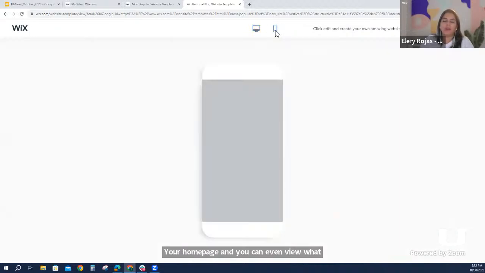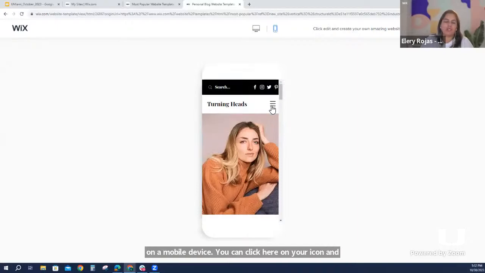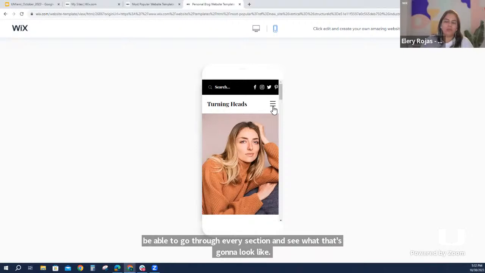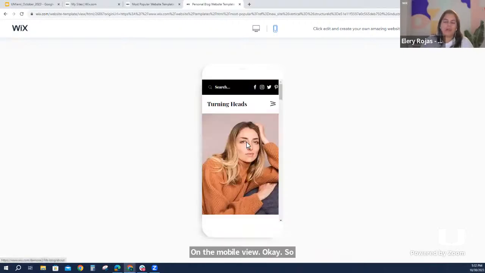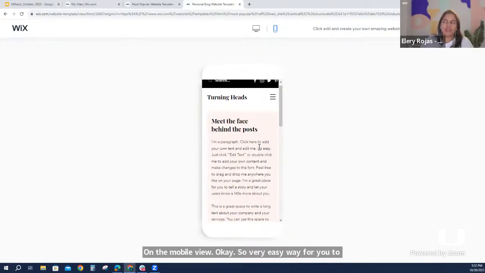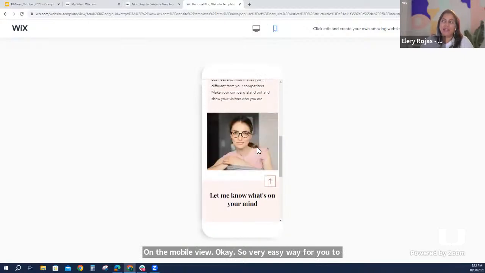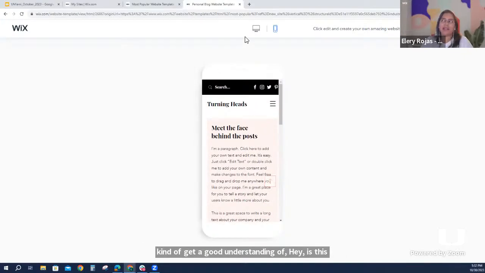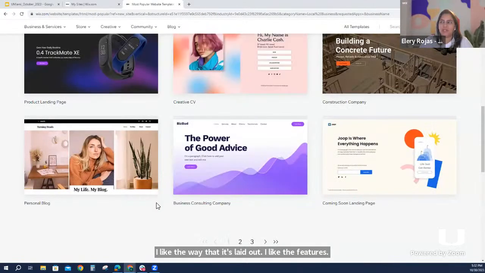You can click here on your icon and go through every section and see what that's going to look like on the mobile view. So it's a very easy way for you to get a good understanding of, hey, is this something that I like? I like the way that it's laid out. I like the features. I think I'm going to be using this one for my class project.